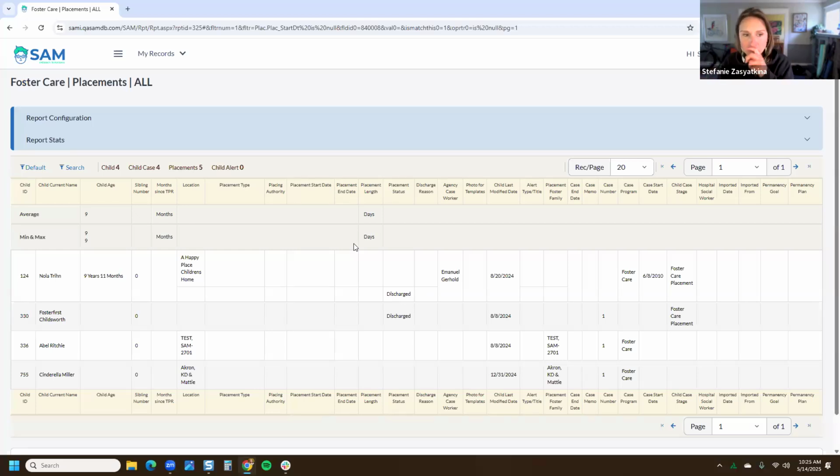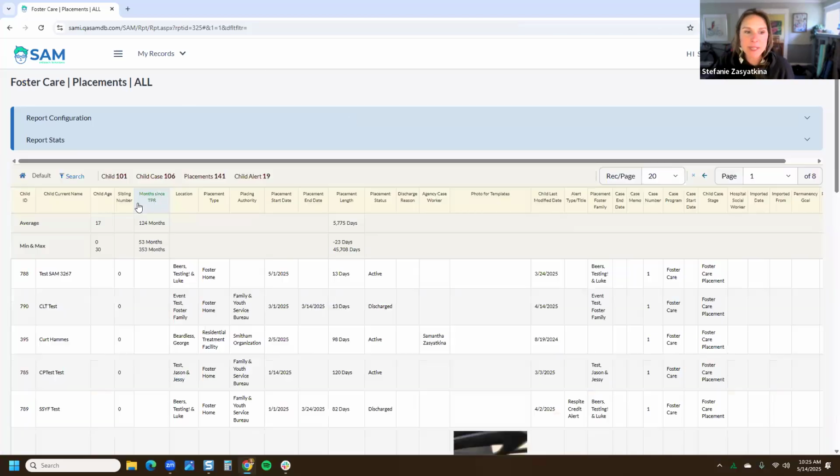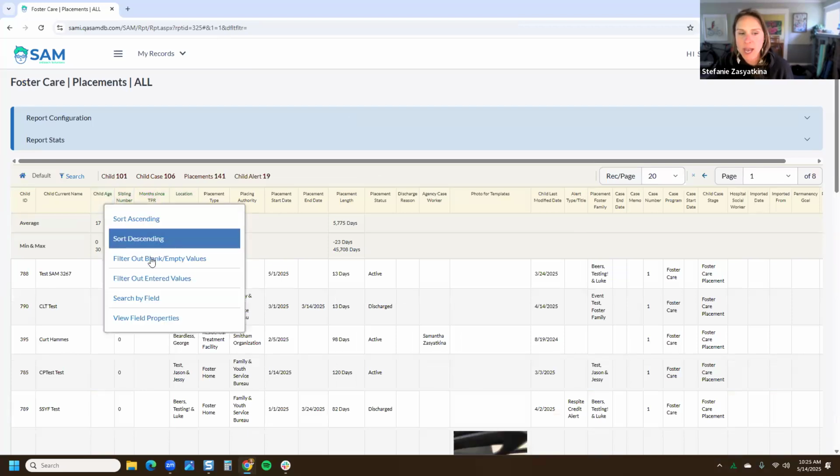that's needed. So I am glad that I actually found a good example of where these filters can be challenging. What seems simple, what seems to make sense is like, of course, we're going to have a placement start date. We can see clearly in our records that we just didn't do this data properly. Before I move on with talking about other tools, do you guys have any questions on that? No? All right. Other things that can be done on a report, all the columns, you can sort, ascending, descending,